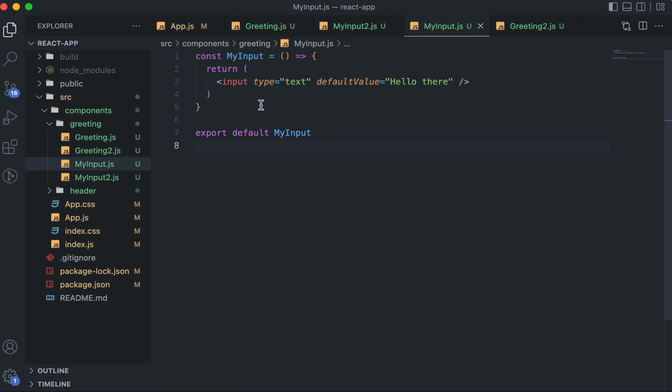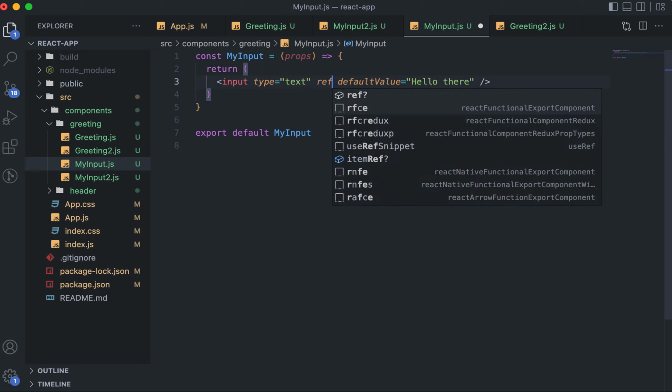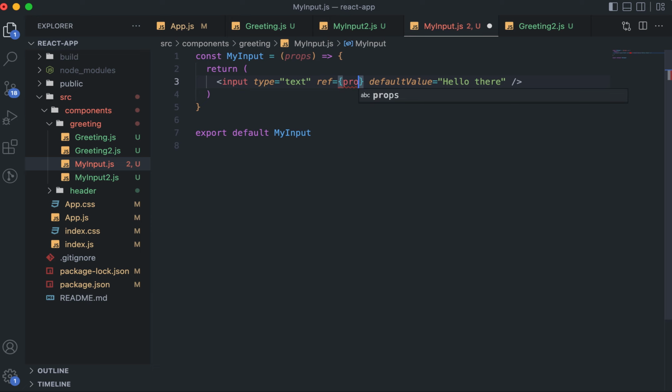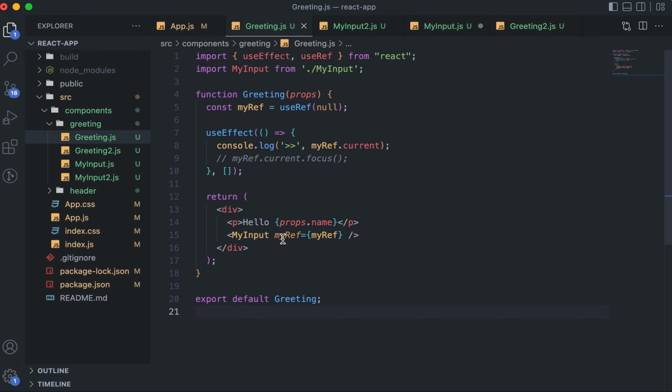Inside props, that thing is definitely available. So I will use ref is equal to props dot my ref. You see the difference. Rather than ref is equal to my ref, I simply used another prop name, and in that